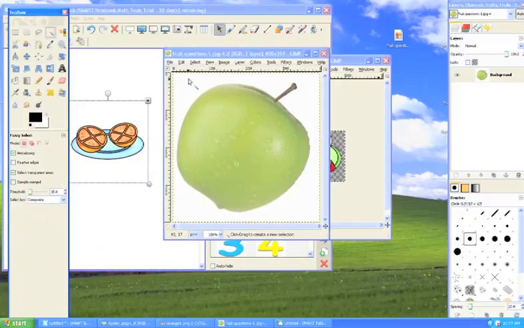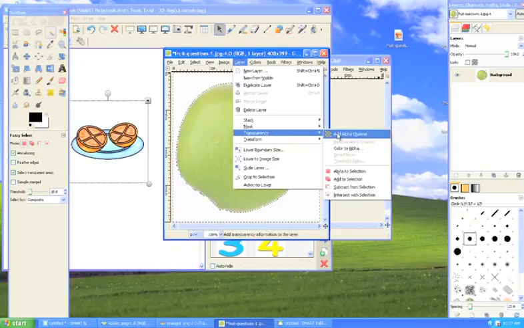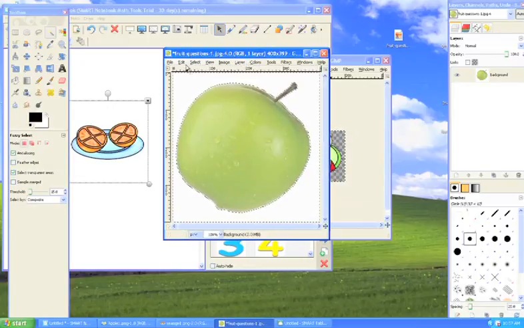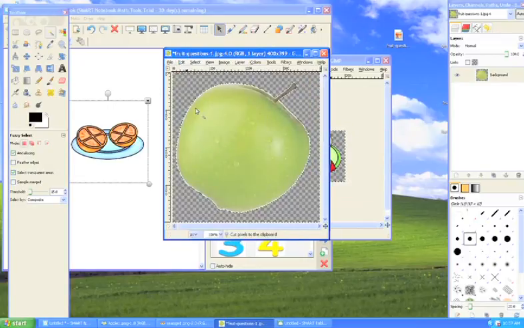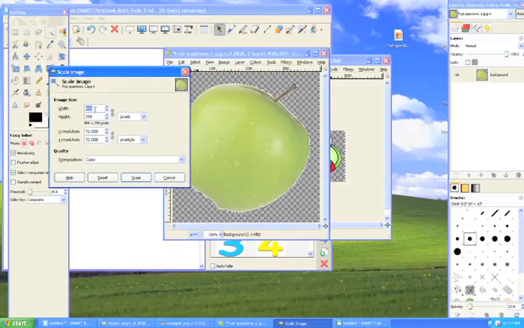I'll choose my fuzzy selection tool, select the white area, go to Layer, Transparency, Add Alpha Channel, Edit, Cut. I don't need to crop because there's no extra space around the outside. Go to Image, Scale Image, choose the longest edge, change to 200, click in the opposite box to update, press Scale,